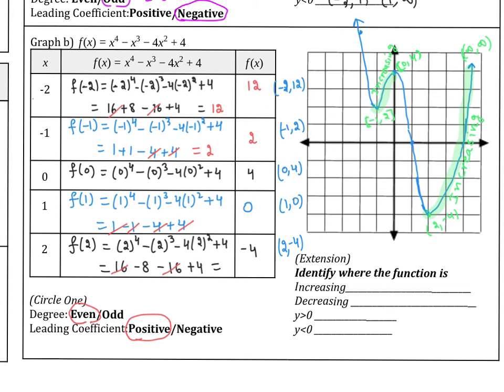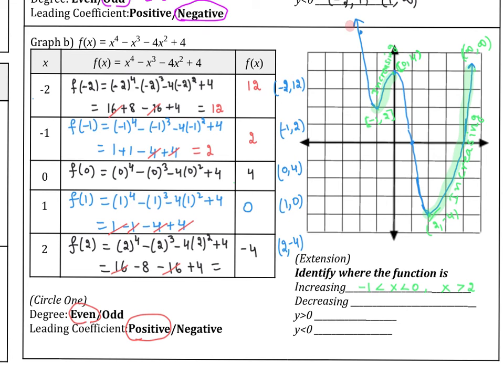So for the increasing graph, if we want to write it in inequality form, we are going to write it as: if x is greater than -1 and less than 0, the graph is increasing. And if x is greater than 2, all the way to infinity, then the graph is increasing as well. For decreasing, there are two